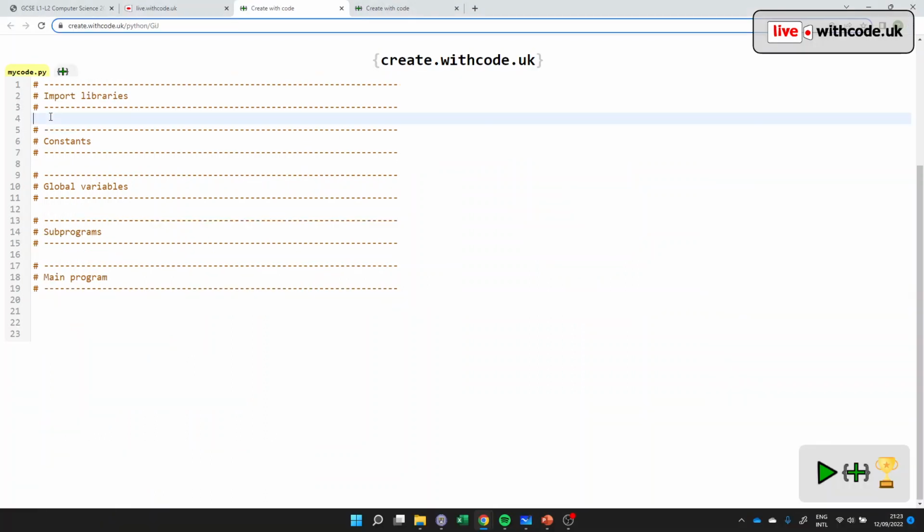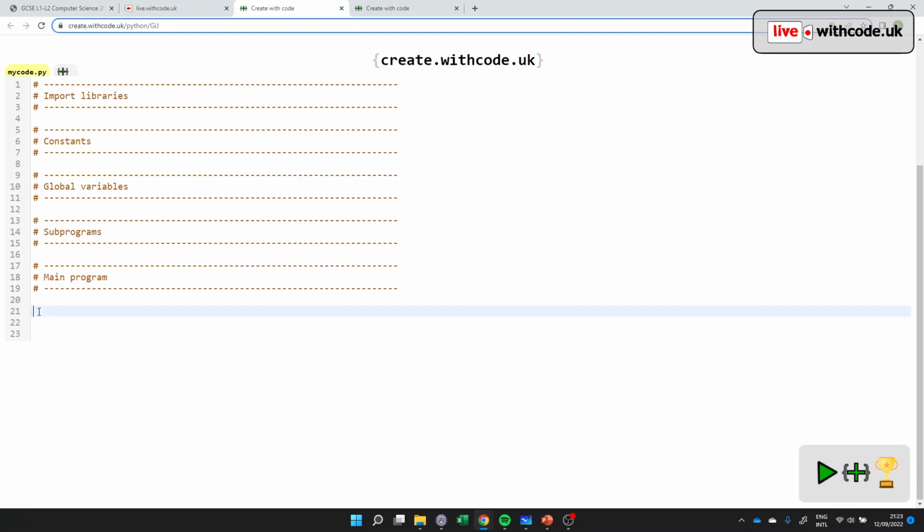So let's start from this template that Edexcel gives us. And the first thing we're going to do today is just the decomposition. So what do I mean by that? Well, we're going to break up the program into smaller parts so that we can make it easier to write. And then each of those small parts is going to be a subprogram, a procedure or